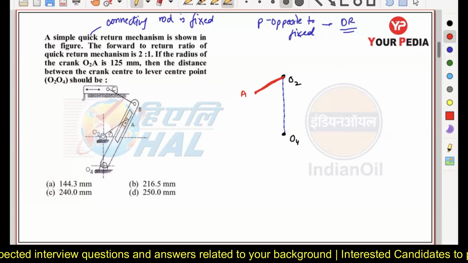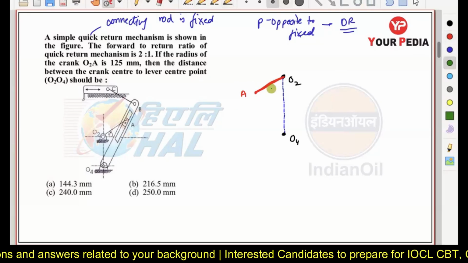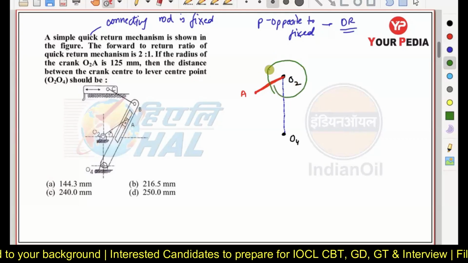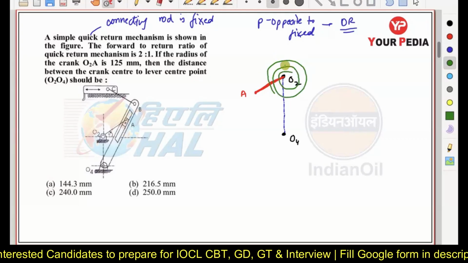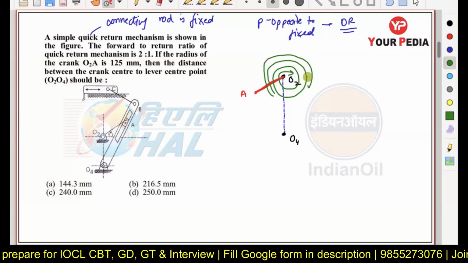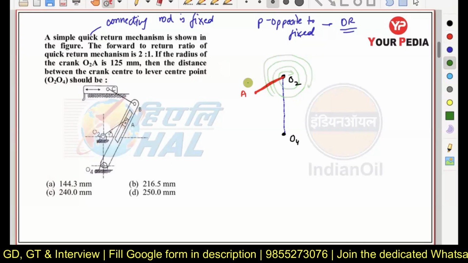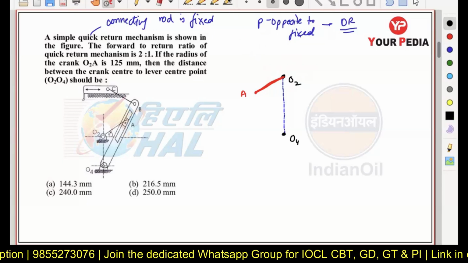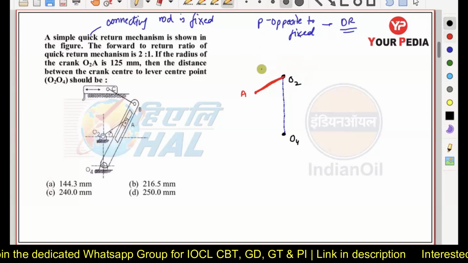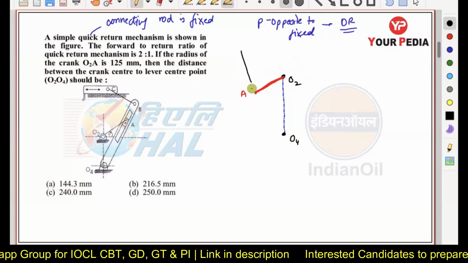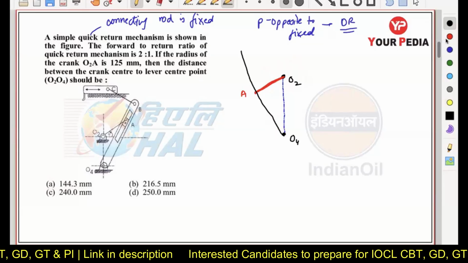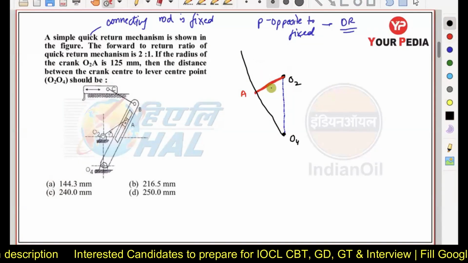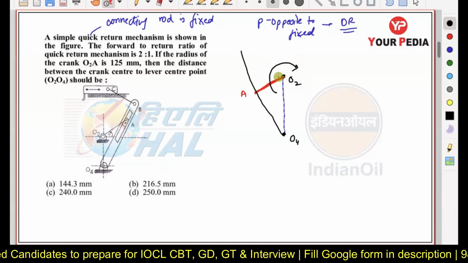Now, in this case, you are going to observe that the crank is going to have a complete rotation. It is rotating like this. In this manner, the crank is rotating here. The crank is basically attached with a certain lever, which is marked with the black color line. Here you can see. So now I can say when the crank is rotating about point number O2,